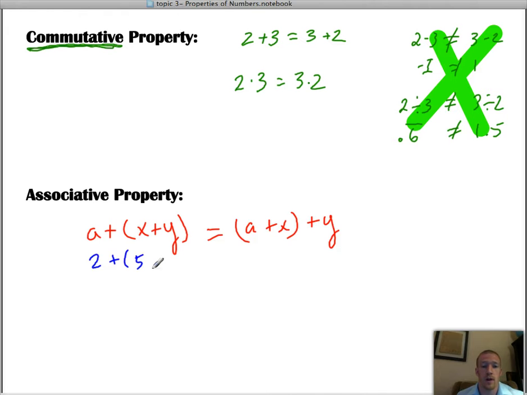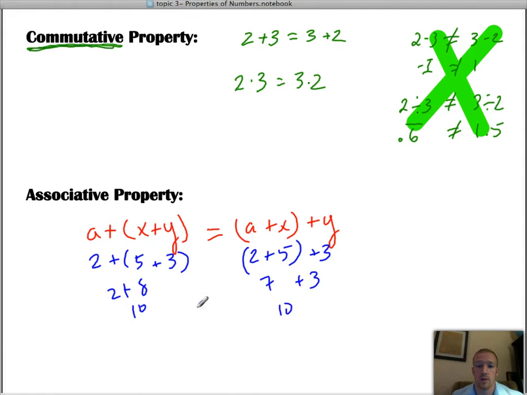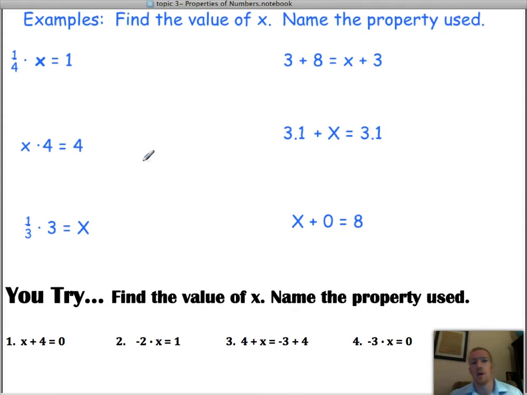2 plus (5 plus 3). Is that the same as (2 plus 5) plus 3? And yes, it is. 5 plus 3 is 8. 2 plus 8 is 10. 2 plus 5 is 7. 7 plus 3 is 10. So that works. That's the associative property. Notice that we associated the second two terms together or the first two terms together. When it's all addition, it works. The associative property also works for multiplication. I don't want to take your time to do another example. I just want to show a few of these, and then you'll be ready to do your short little U-tries